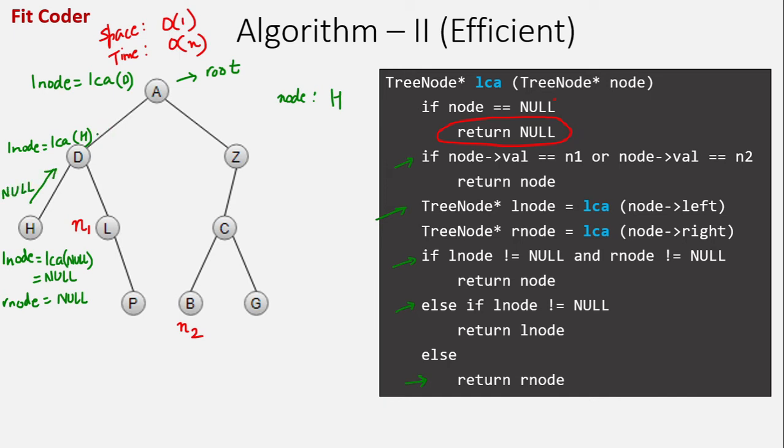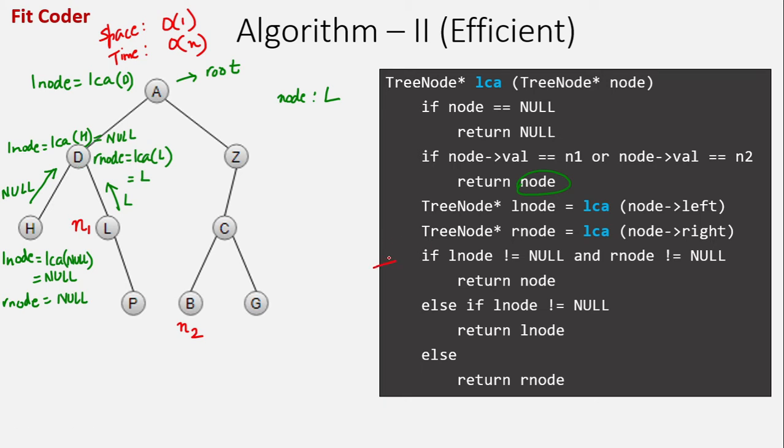So L node at D becomes null. Now we have to calculate the R node. So R node is LCA of L. So now we come at L. When the node is L, we check if node value is equal to N1 or N2. So node value is equal to N1, so we return the node. So from here we return node L. So right node of D becomes L, and once we have both left node and R node at D, we